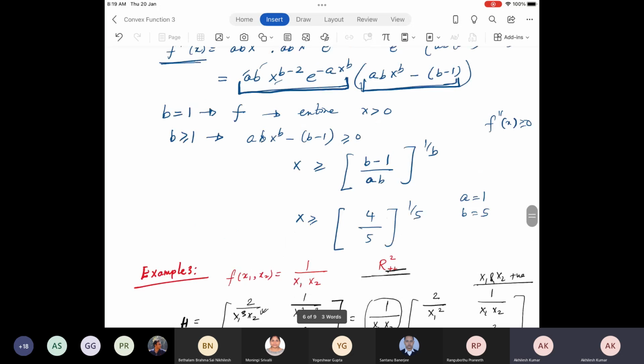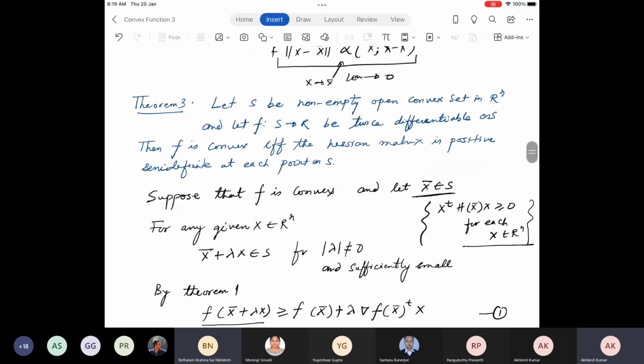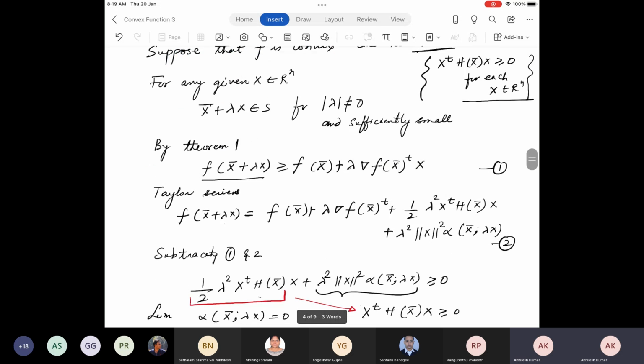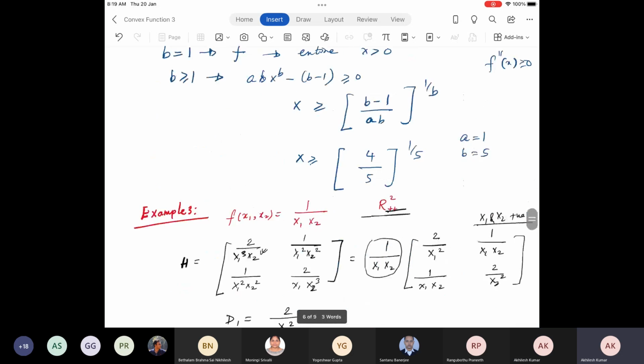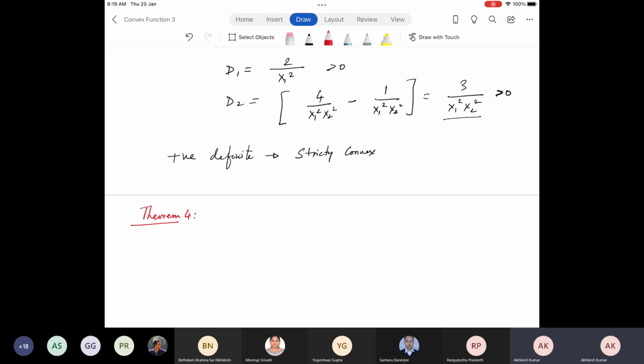What is the theorem? Positive semi-definite is. Oh, I'm sorry, I missed this part. I'm so sorry, I missed this part. There is one more theorem. I have not taught you actually. I'm just writing this one. That was part of the last theorem. Theorem 4 is